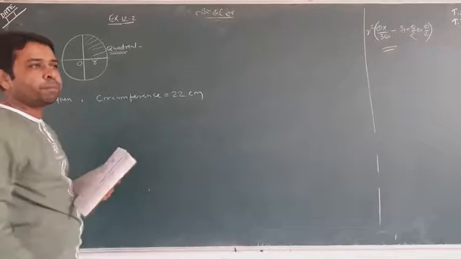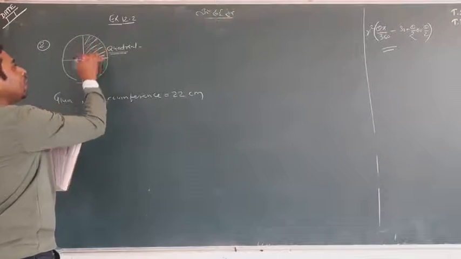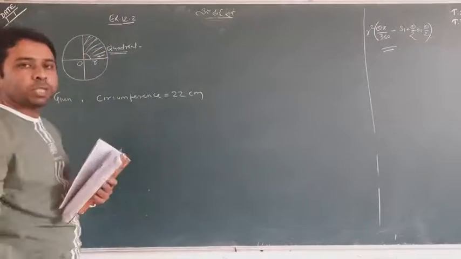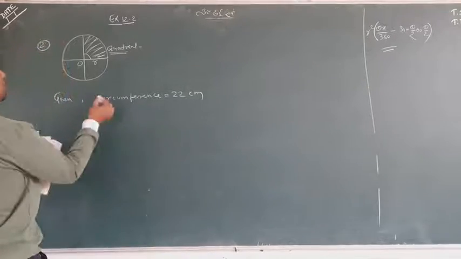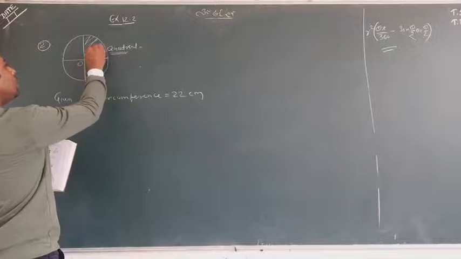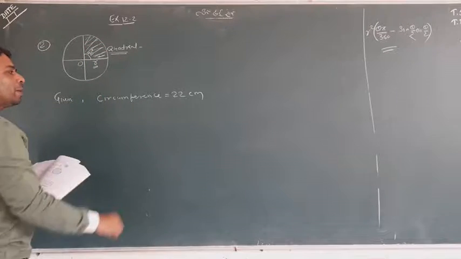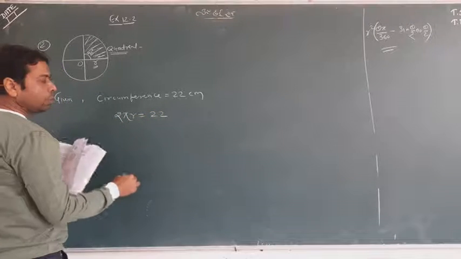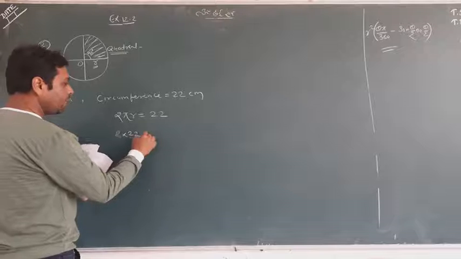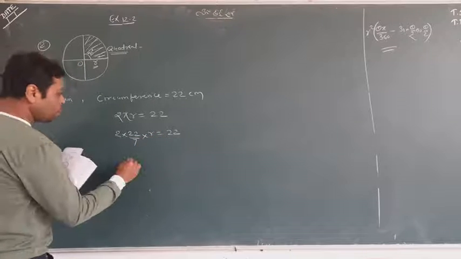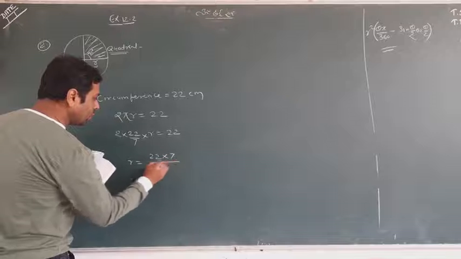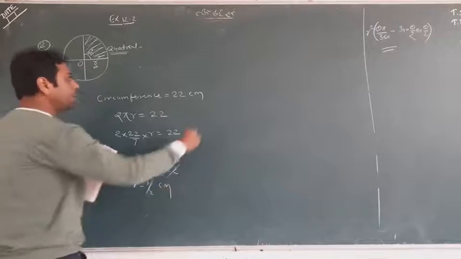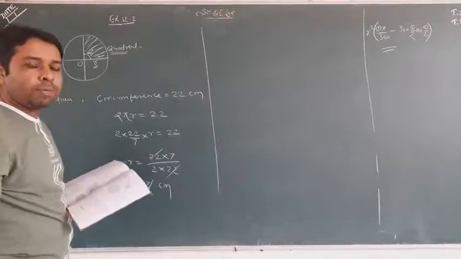Let me say one thing, that the area of a quadrant is none other than a sector. It is one of the sectors, which depends on this angle, which we know is 90 degrees, theta equal to 90 degrees. So it is very simple that theta equals 90 degrees, and radius we don't know, so we will find the radius from the circumference. Do you know that circumference is 2 pi r equal to 22? So 2 into 22 by 7 into radius equals 22. So radius equals 22 into 7 upon 2 into 22. Cancel, and it comes to 7 by 2 centimeters. So you have got the radius value.